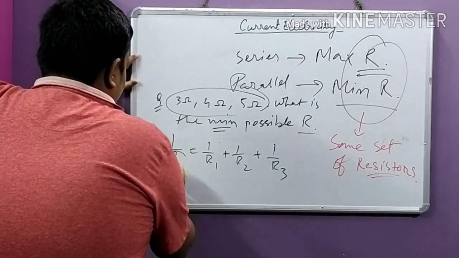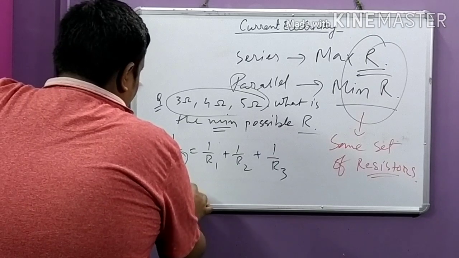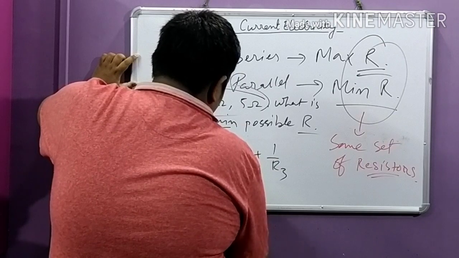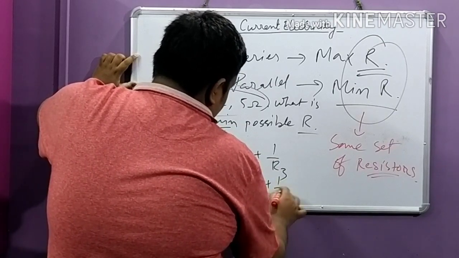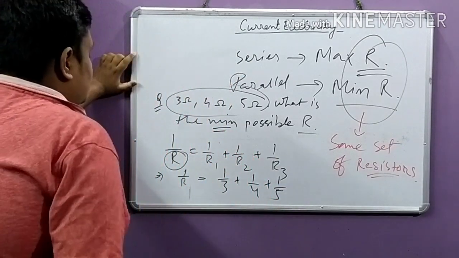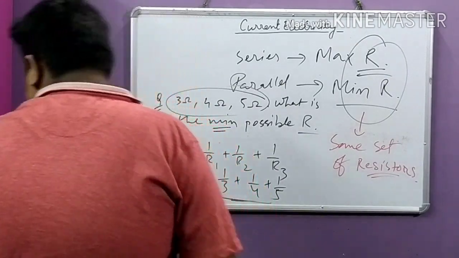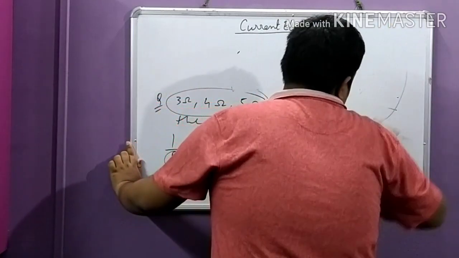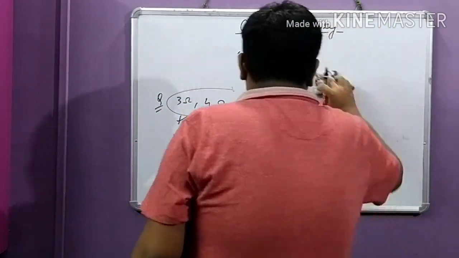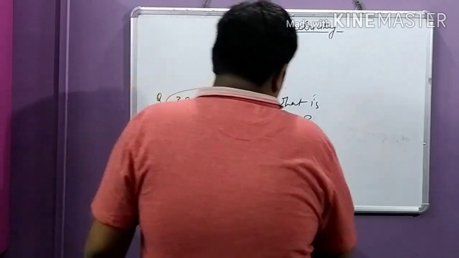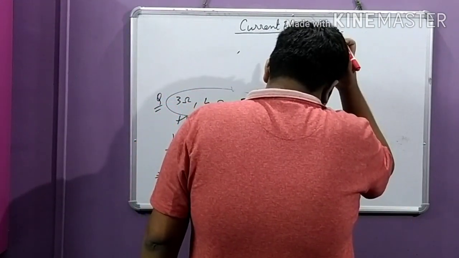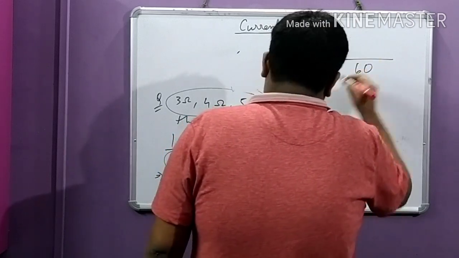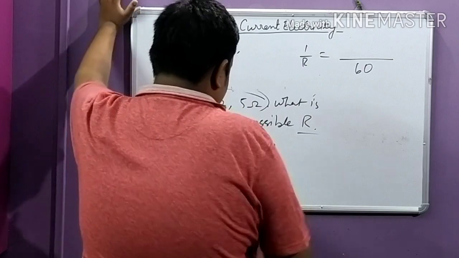So here what will be the final resistance? We don't know. We have to find out 1 by R. 1 by, obviously R1 will be 3, R2 will be 4, R3 will be 5. So from here you can take LCM. Let us solve it. 3, 4, 5: 3 4s are 12, 12 5s are 60, so 60 will be the LCM. 1 by R equal to 60, 3 20s are 60,